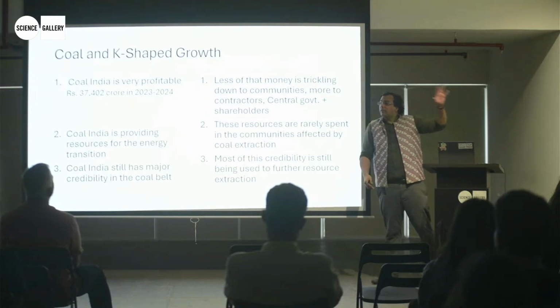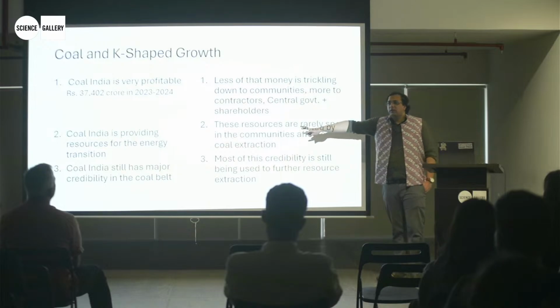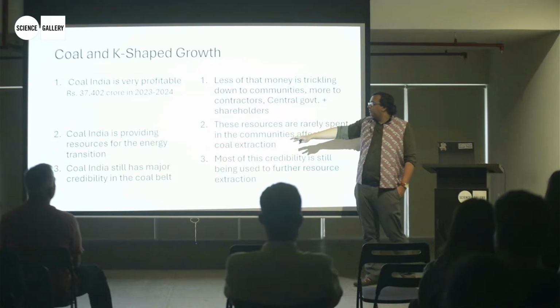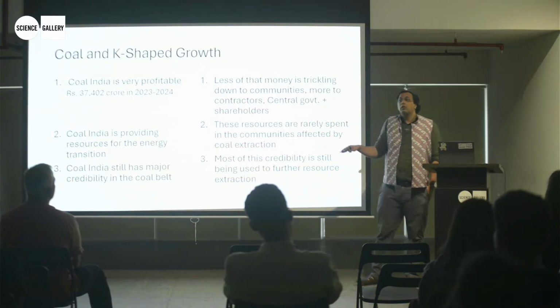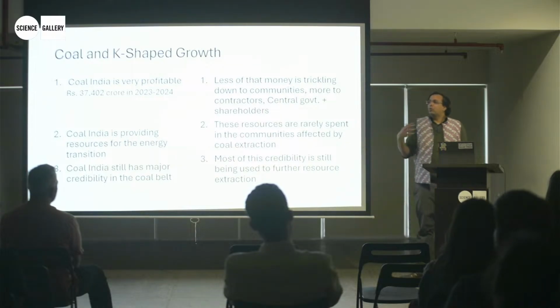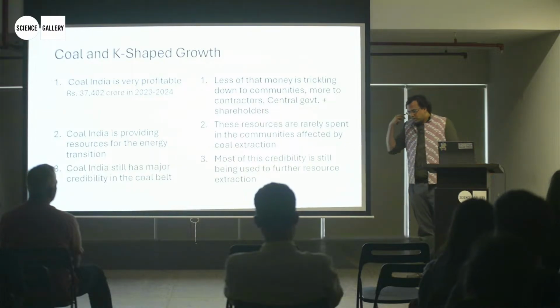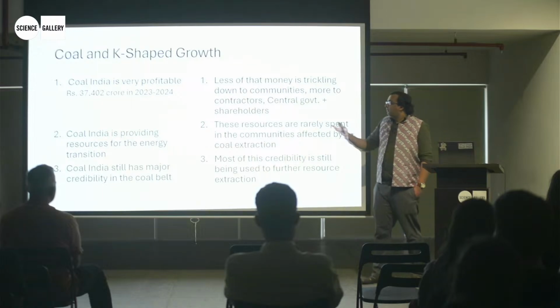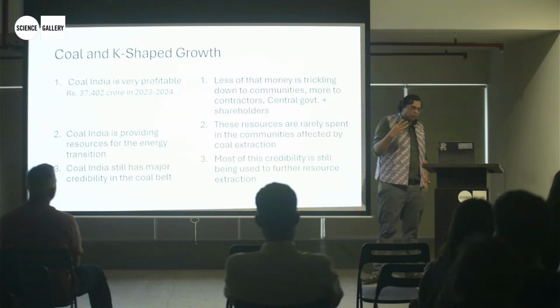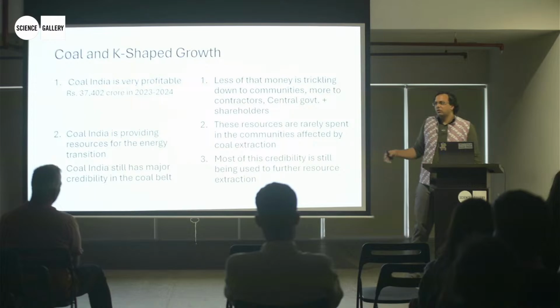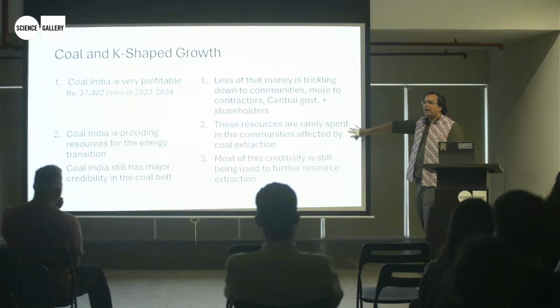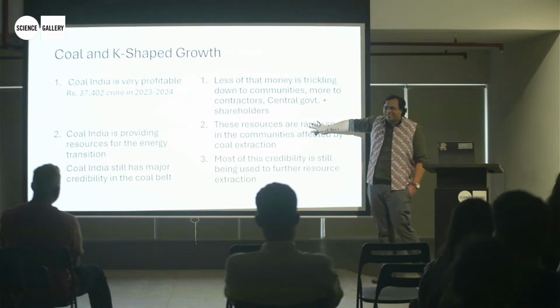Now, some of that is good, right? A lot of these dividends and all of this money which is being paid to the central government is actually being used for non-coal activity, right? Because Coal India is a huge contributor to the central pool, that money is being used for solar construction, for next generation technologies, investing in all of this. Again, this stuff is not being invested in these areas, right?